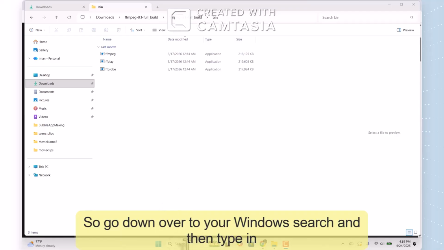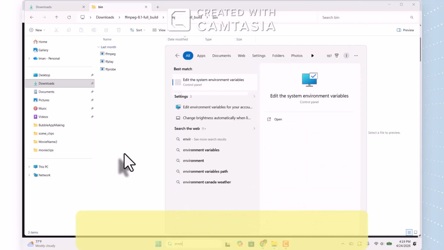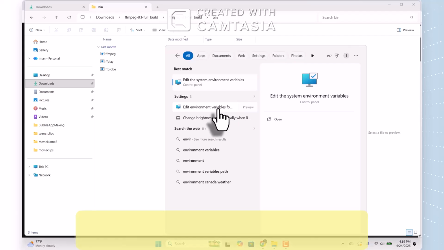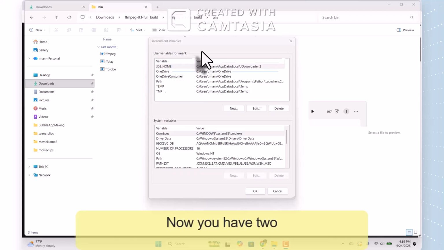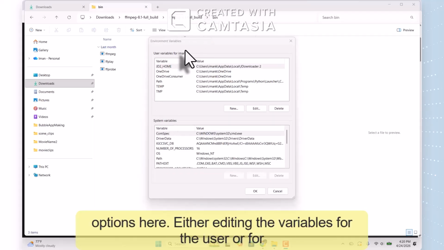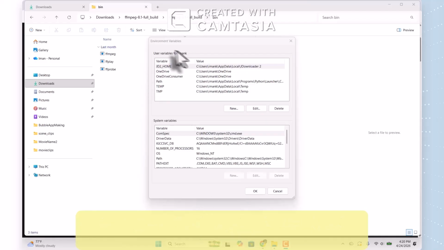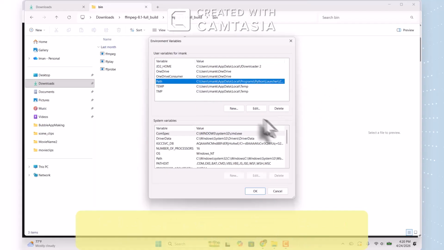So go down over to your Windows search and then type in environment variables. So here you have to open the edit environment variables for your account. Then I open this. So it will look something like this. Now, you have two options here, either editing the variables for the user or for the system. So the system is usually not editable. So instead, we will be working on the user variables. Here, go over to the path, edit,